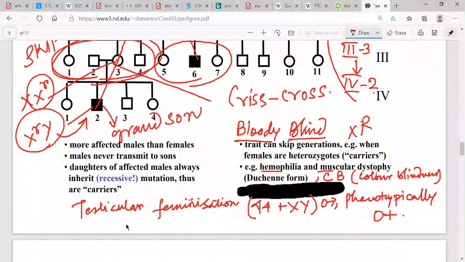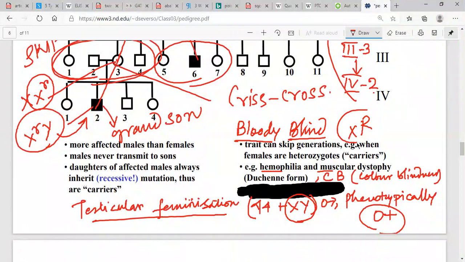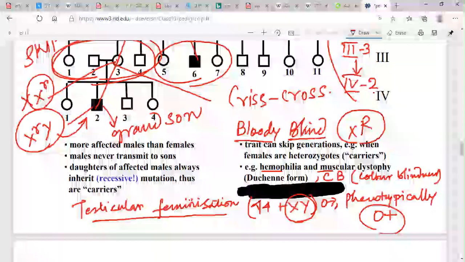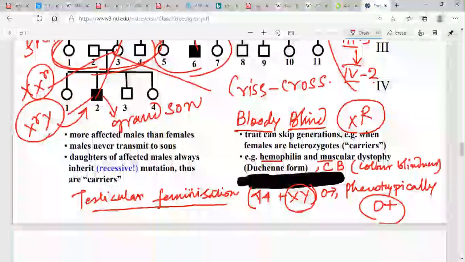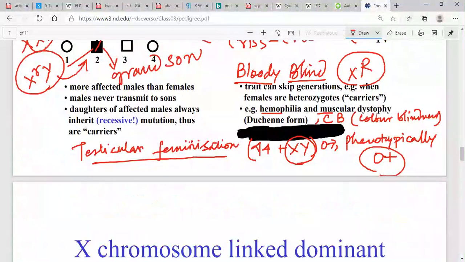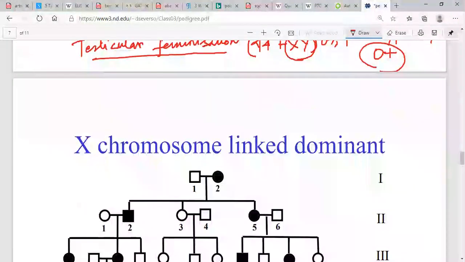Also, you can go for testicular feminization, where the XY shows a female phenotype, that is also caused due to the X-linked recessive inheritance. So color blindness, muscular dystrophy, and hemophilia, these are three major examples of the X-linked recessive. Last but not the least,